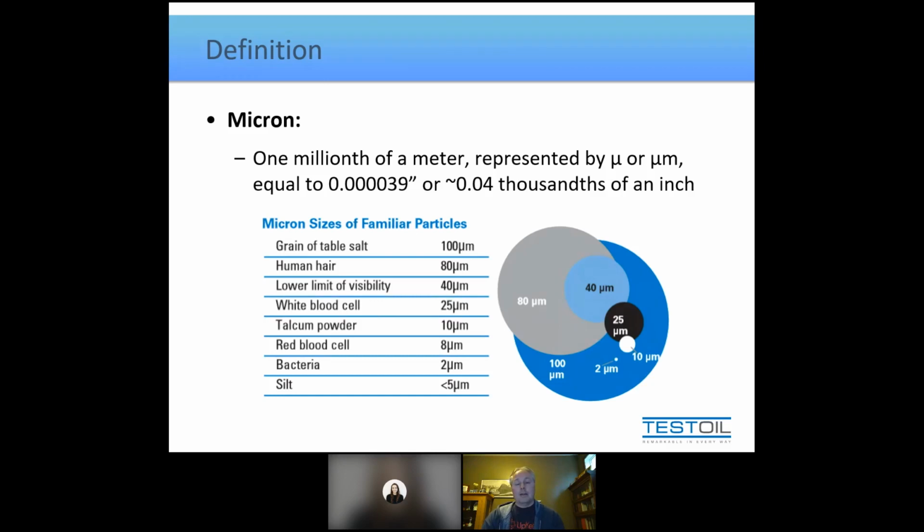Now, considering that, let's go a little bit smaller. What if we talk about 25 microns? Now, if you notice on this list, that's the same size as a white blood cell. But keep looking down the list and you'll also see red blood cells. They're about 8 microns. Those are two numbers you're going to want to hold in your head for a couple of minutes here. 25 microns for a white blood cell, 8 microns for a red blood cell.